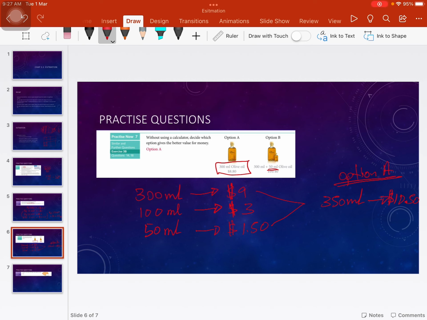So which one is cheaper here? Option, sorry, it's my mistake. I shouldn't use this. Sorry, maybe it's a good learning point as well. I should not use